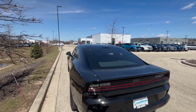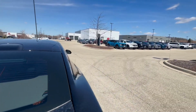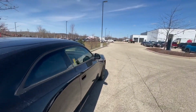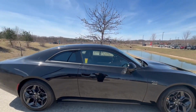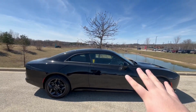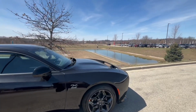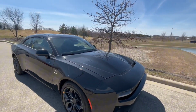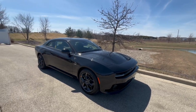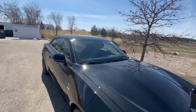And I mean, obviously it does have hints of that electric sound or electric noise, but I do really still like it. Now, overall, the exterior of this vehicle is great, and honestly, it still has that same Dodge Charger shape with that boat design, because this is a pretty big vehicle, and it is a pretty big vehicle to drive because it does seem like you're driving a way bigger vehicle than what it actually is. So let's hop inside and go over all the tech features here on the inside of the new 2025 Dodge